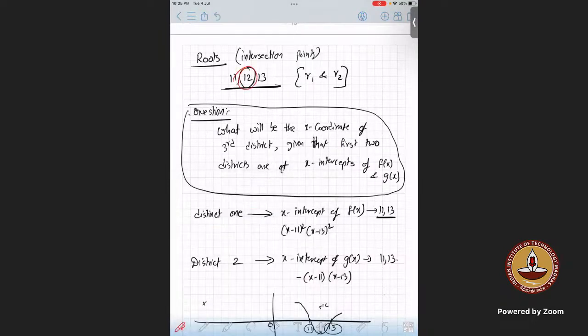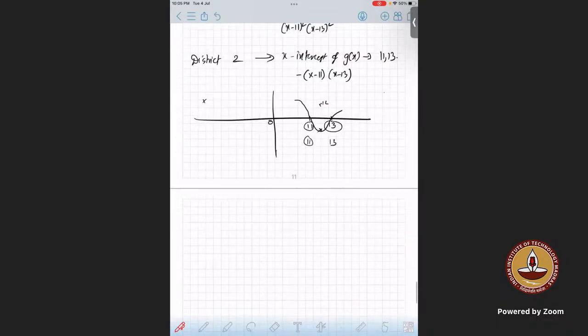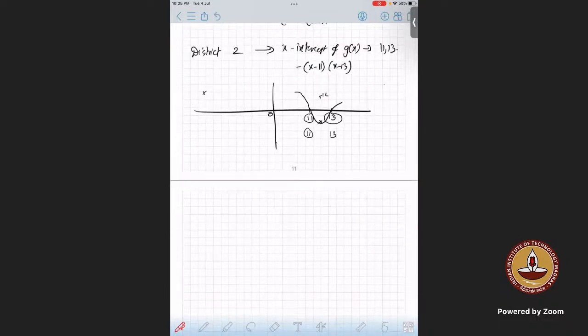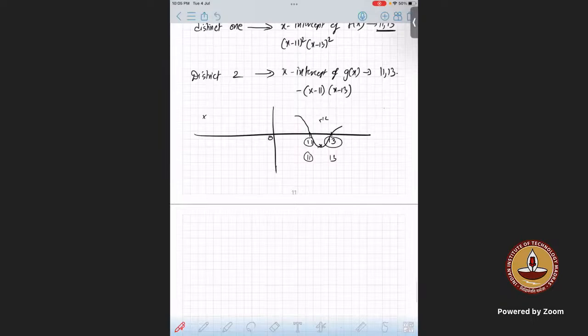So, the only possible thing is 12. Okay, someone said once more. Look,